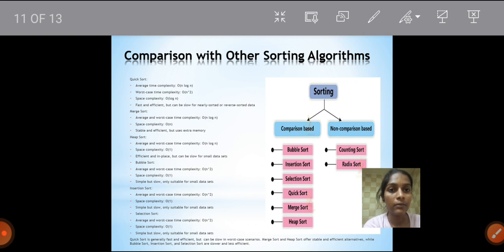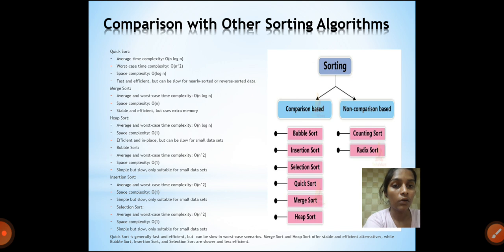Insertion sort is simple but slow, only suited for small datasets. The quicksort is generally fast and efficient but can be slow in worst case scenarios. Merge sort and heap sort offer stable and efficient alternatives, while bubble sort, insertion sort and selection sort are slower and less efficient than quicksort.